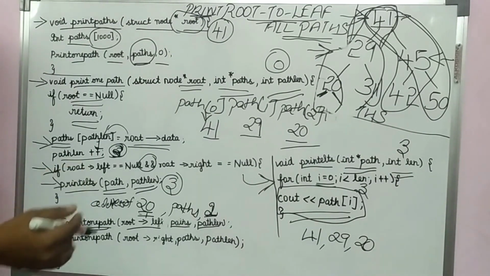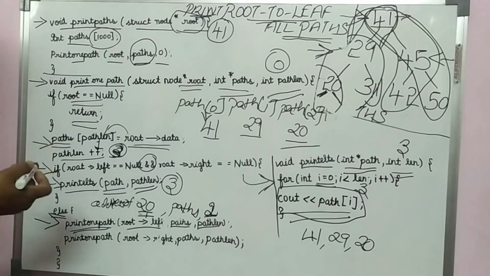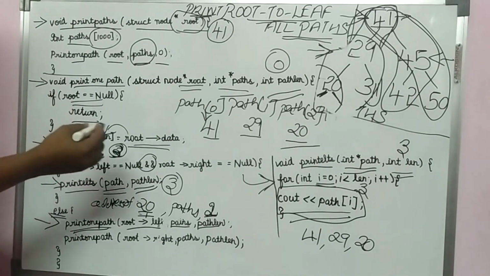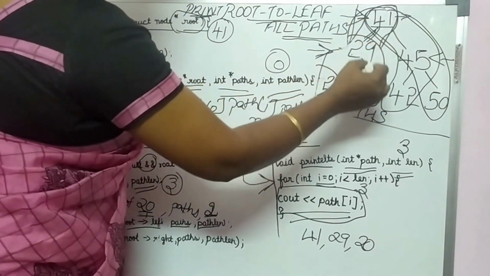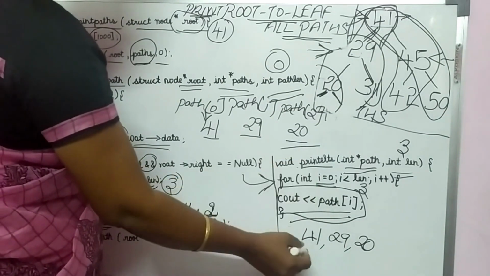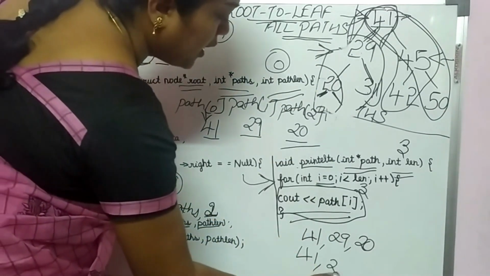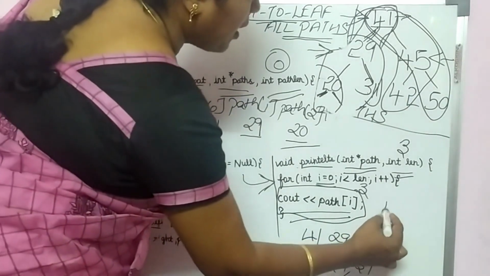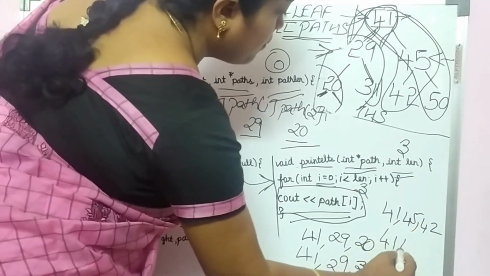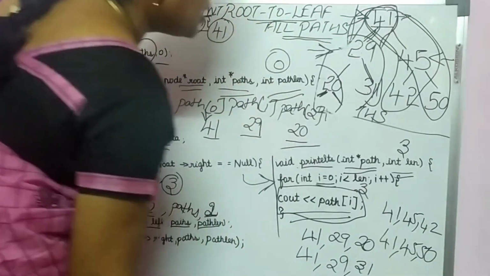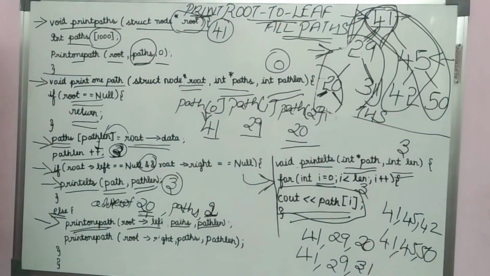Similarly, the function will loop back, it goes and again it will pass the value. So again it will start tracing the second path that is present within the tree. It will collect the values 41, 29 and 31. It will call the print elements function and it will print the values 41, 29 and 31. Similarly for the next path, the values 41, 45 and 42 will get printed, and at last it will print the values 41, 45 and 50. So this is how we will print, starting from the root, by tracing the different paths that exist in the tree, and we call the function print elements to print the different values that exist in each path.